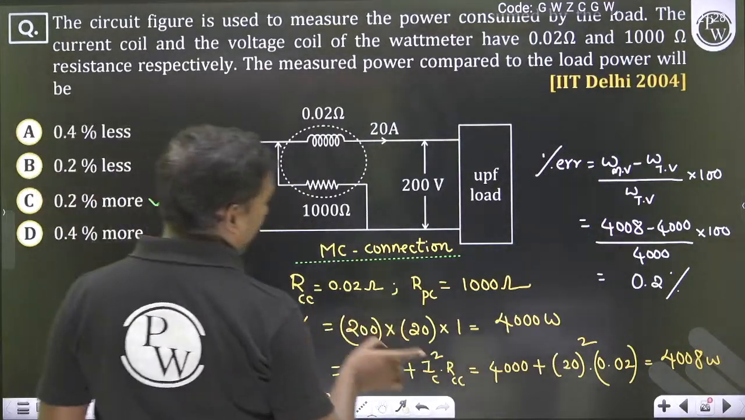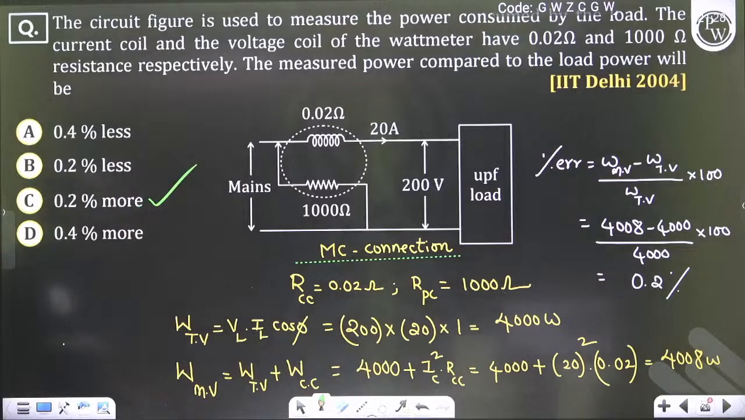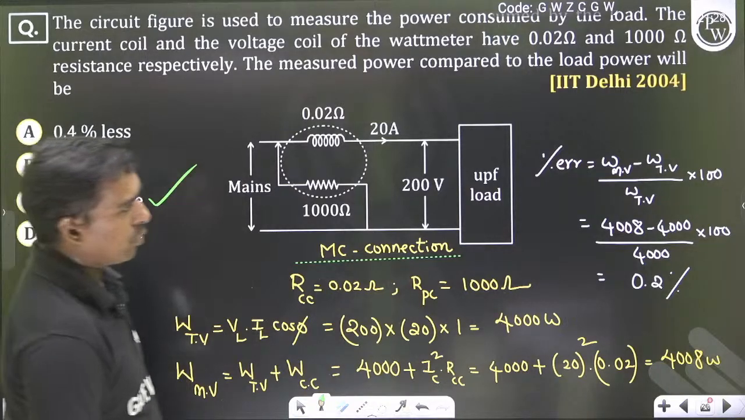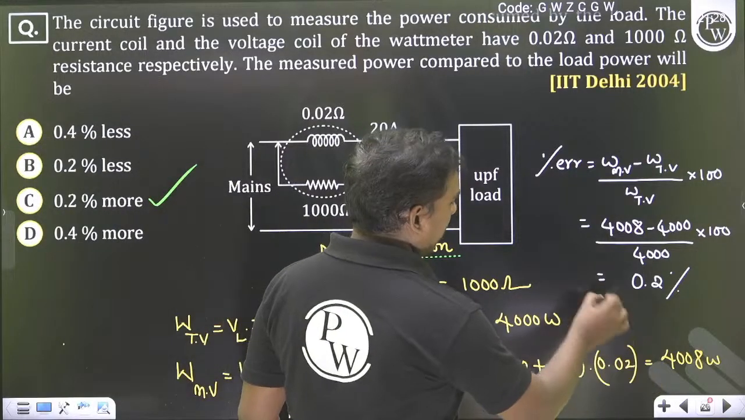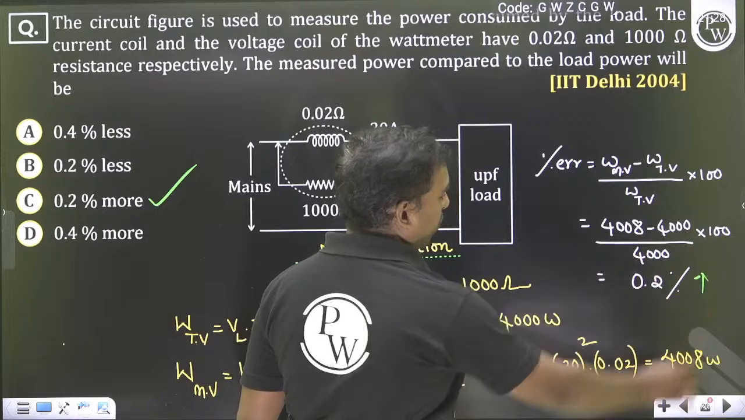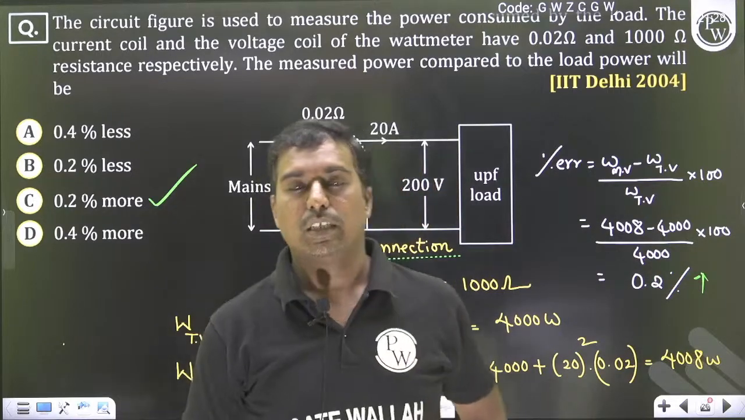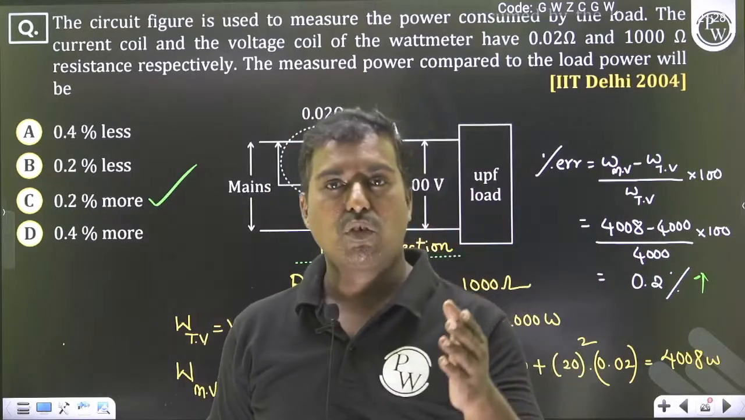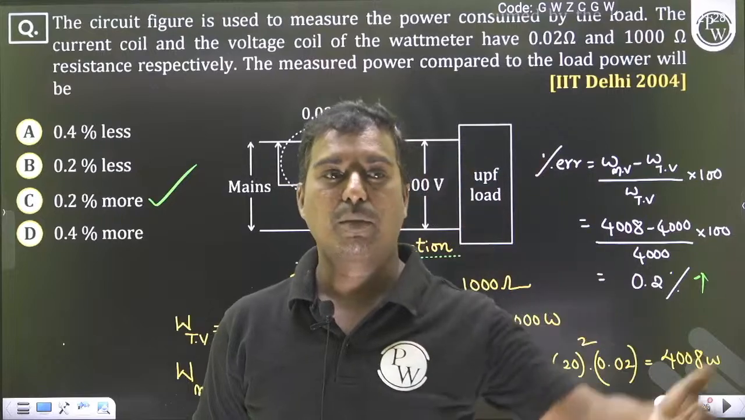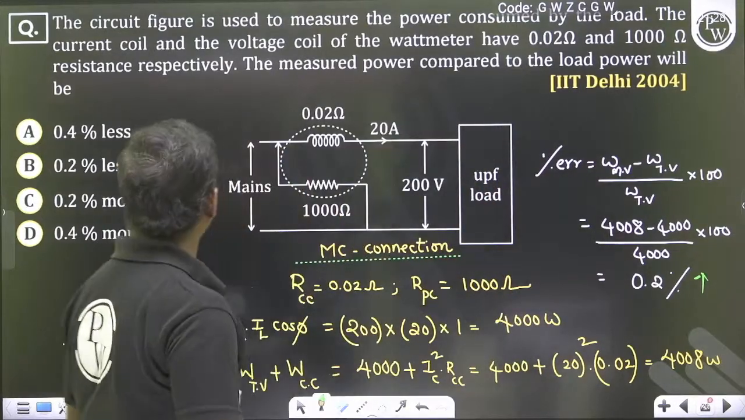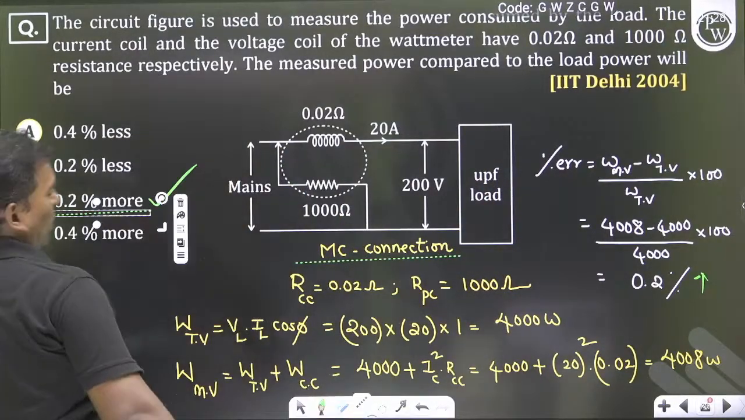ये भी इंपॉर्टेंट है, मोर और लेस। हमको मोर आ रहेगा क्योंकि मेजरमेंट वैल्यू इज ऑलवेज ग्रेटर, सो पॉजिटिव 0.2% more. That is also we don't confuse. In wattmeter methods, whatever the power we are measuring, that will be obviously greater power. So 0.2% more आ रहा है। चलो